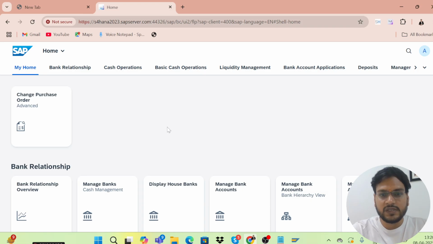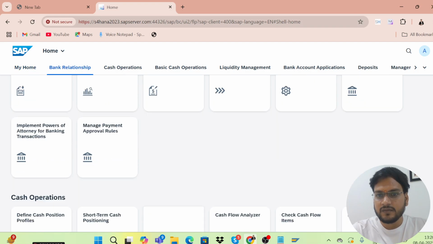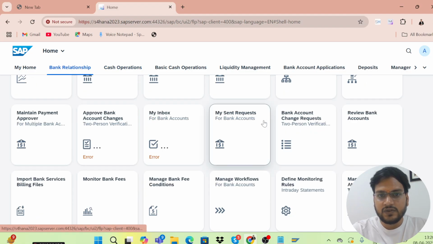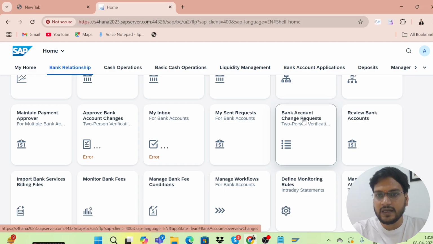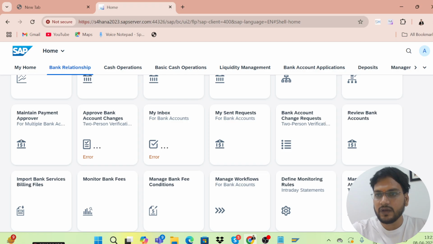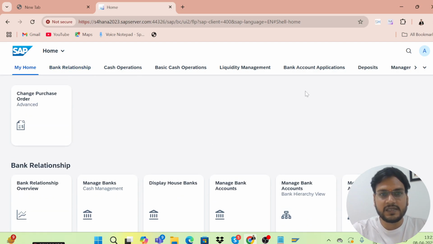So how we are going to use that SAP Fiori? What is a tile? I'm saying tile again and again. Whatever you are seeing now, this is one tile here, this is another tile here, this is another tile here. So these all are tiles, right? Okay, so how we can customize, we will see, and how we are going to create a PO, or create a purchase info record from those tiles, that we will see.